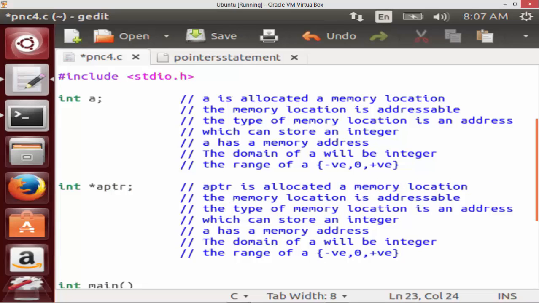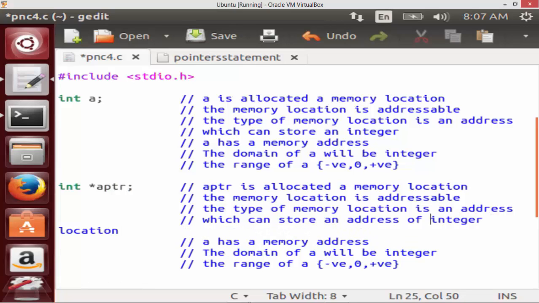The memory location is addressable. Now the type of memory location in this case is an address which can store an address of an integer location, we can say that,